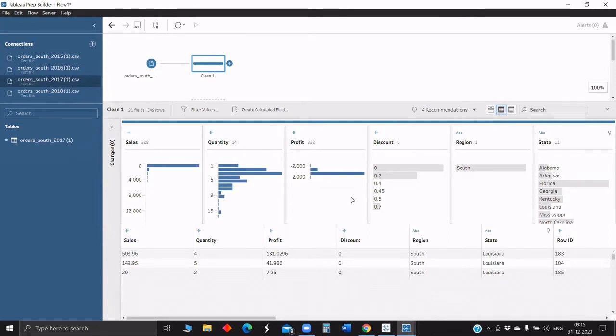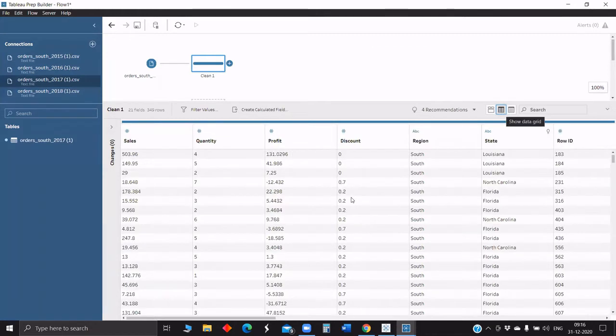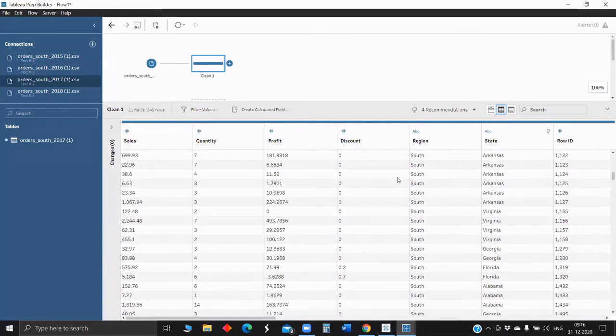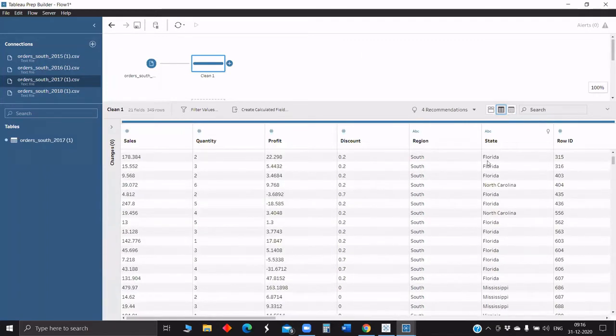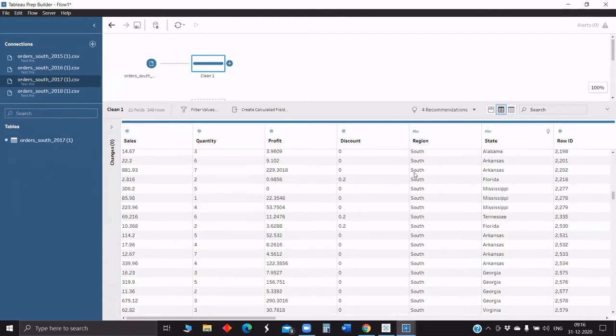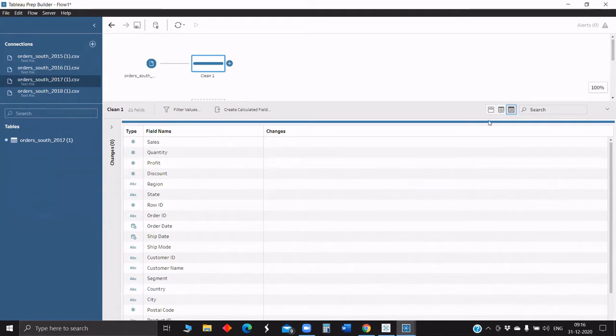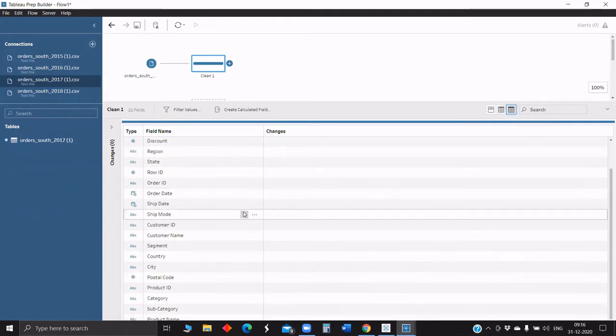Here it will be even more granular. In the profile pane, we view a summary level about different fields and percentage of row distribution. Here it's more granular, showing each row. And next, it will only show the field names. So these are the three different views we have in the cleaning step.